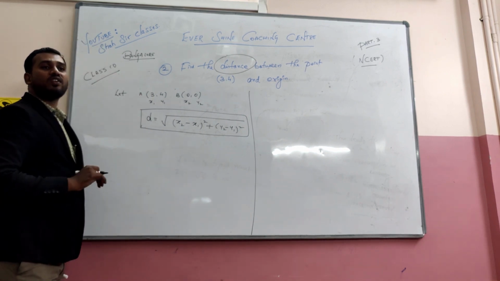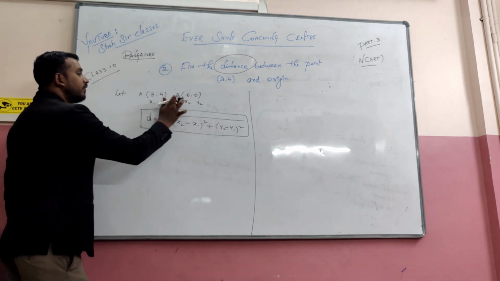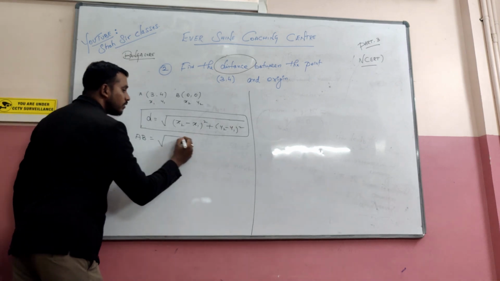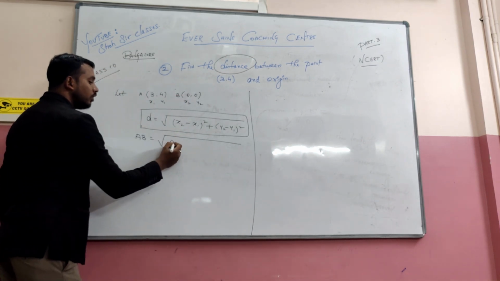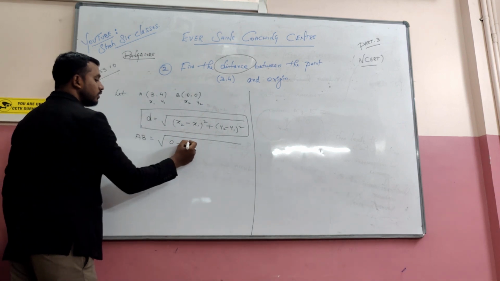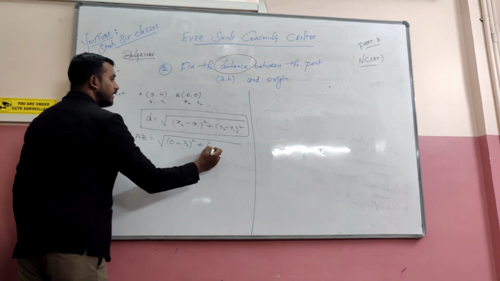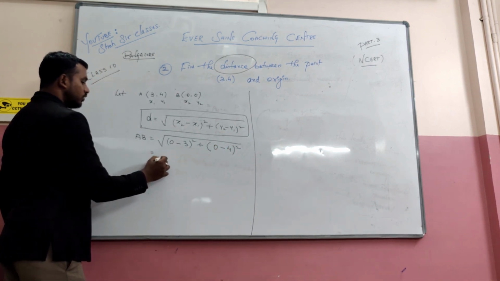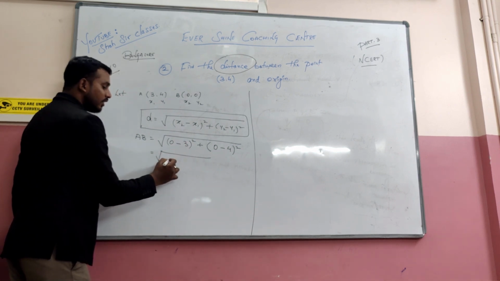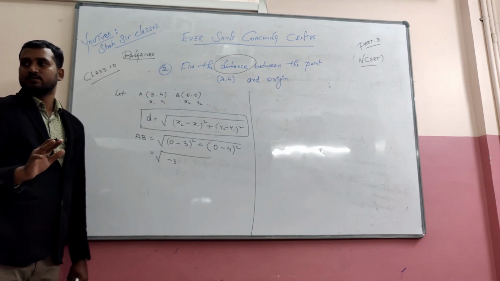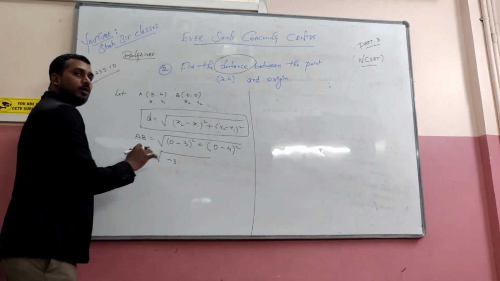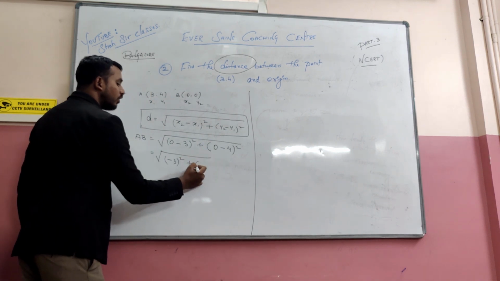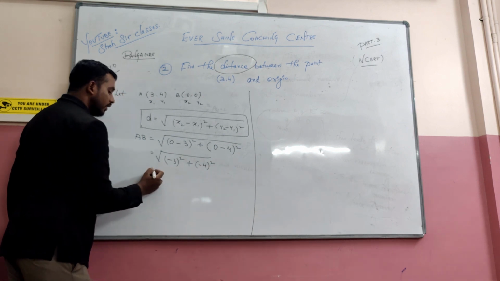Now between which points we are finding the distance? We are finding the distance between A to B, correct? So distance name is AB is equals to root of x2. What is the value of x2? 0 minus x1 3 whole square plus y2 0 minus y1 4 whole square. That is equals to root of 0 minus 3 is minus 3 only. 0 means nothing. Leave it. What is left out? Minus 3 whole square plus 0 minus 4 minus 4 whole square is equals to root